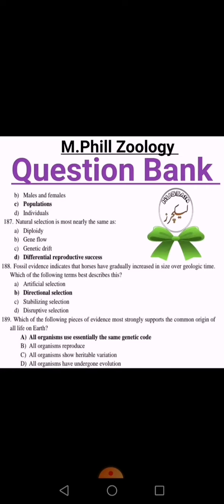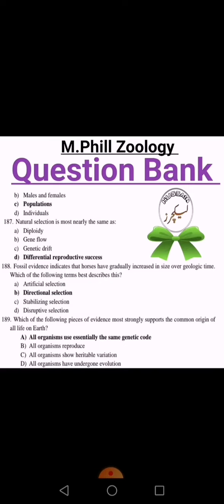What should be the frequency of the recessive allele in this population? Option D is right. That is, allele frequency cannot be determined from this information. इससे आप allele frequency calculate नहीं कर सकते. Gene flow is a concept best used to describe an exchange between species. No, between population. Yes, population के दरमियान हम allele concept को या फिर gene flow को बेहतर